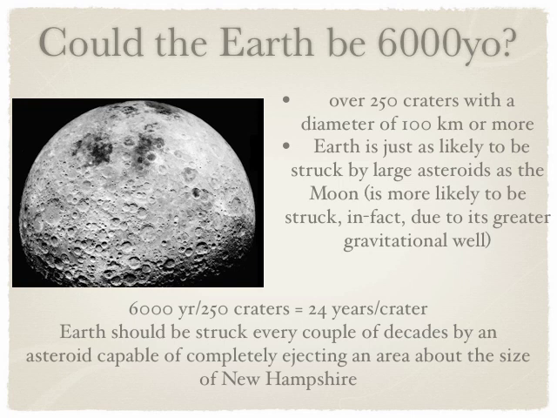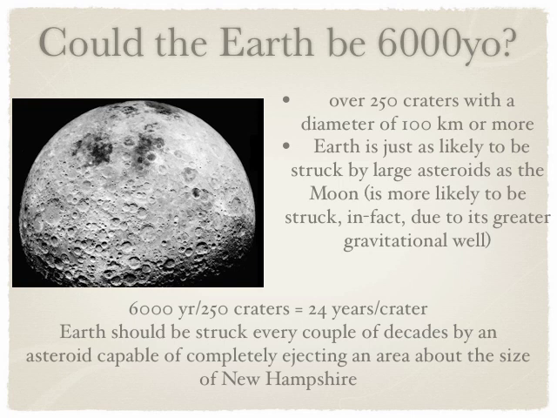At the time that these craters were made, the Earth would have been just as likely to be struck by large asteroids. In fact, more likely because it would be larger. And so, if all these craters essentially occurred within the past 6,000 years, we can calculate out a cratering rate. That would be 6,000 years and 250 craters. That'd be about 24 years per crater. So, every couple decades,